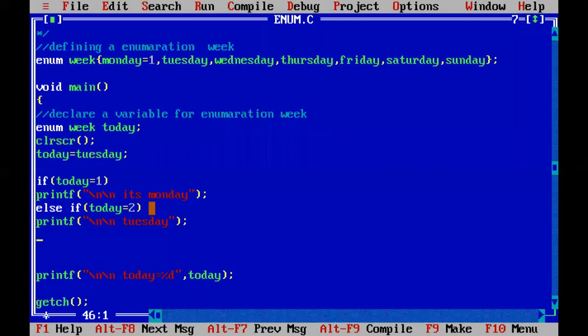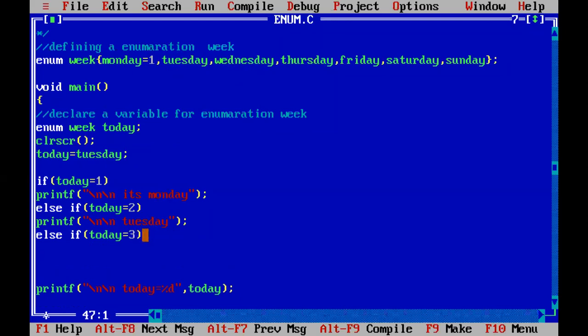If it is not equal to 2, again go for one more checking, else if statement. If today equal to 3, what is the value associated with 3? 1 means Monday, 2 means Tuesday, 3 means Wednesday. When today value equal to 3, that means it is a Wednesday.